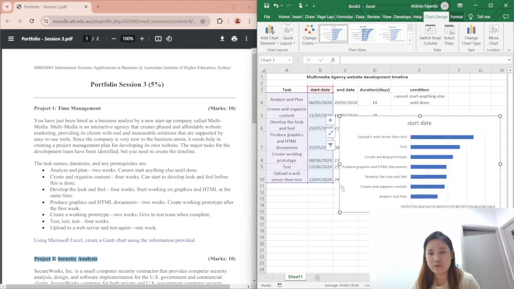When you notice this part, which is the task, is written